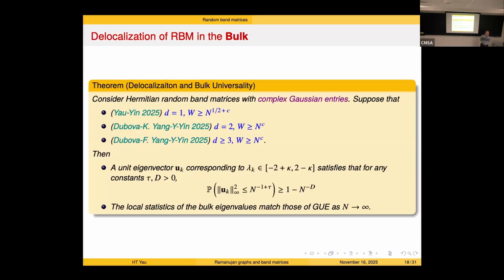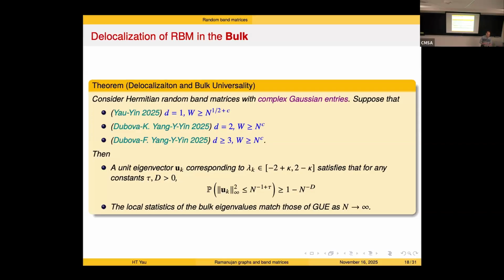Question, just ask. Yes. Entries you always have. Oh, we assume the entries are Gaussian. We assume Gaussian entries, but actually,